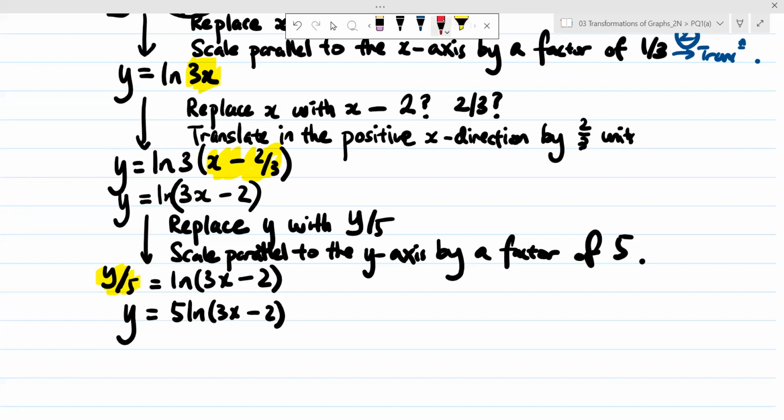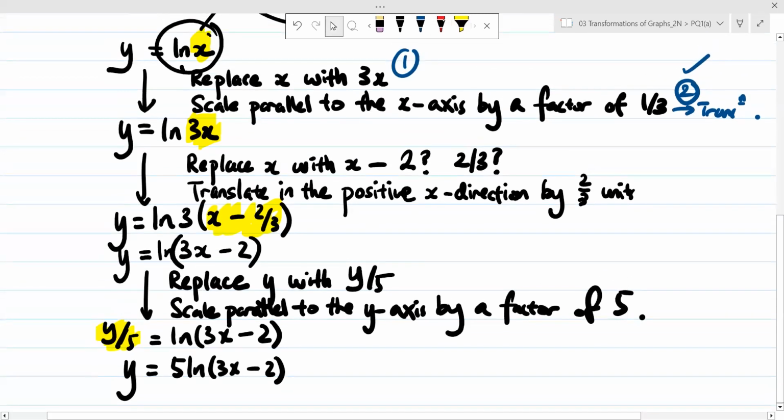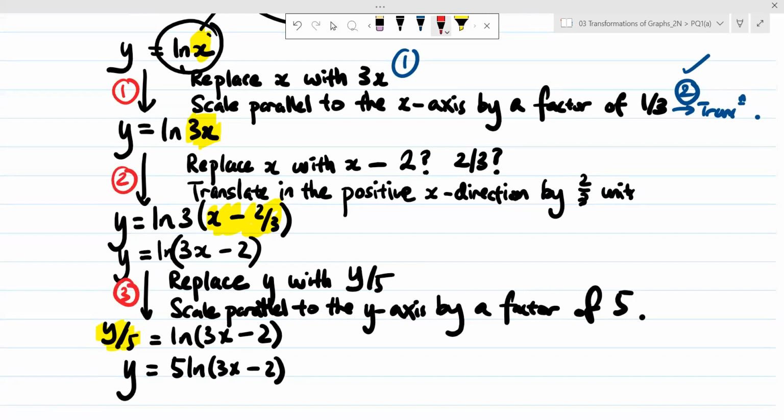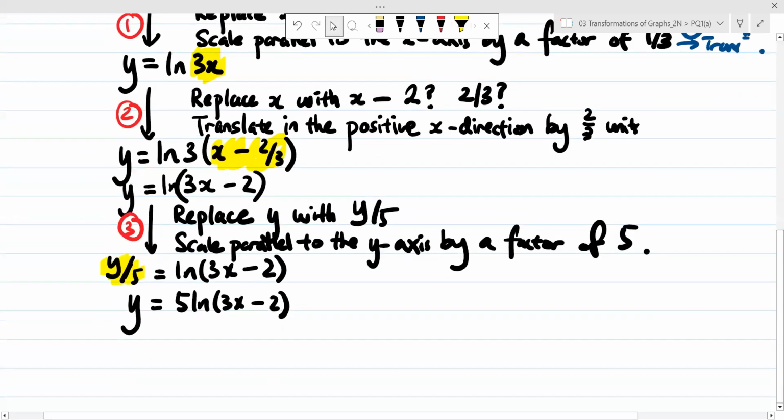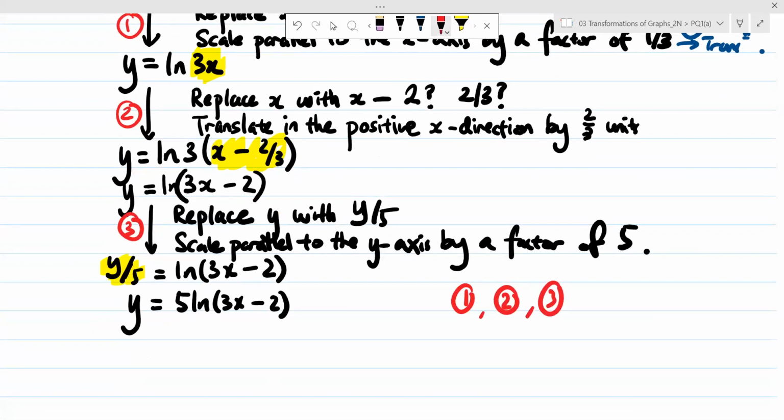Okay, now I come to my next question. There are a total of 3 steps in this transformation. What are the possible orderings in this case? So of course 1, 2, 3, 3, 1, 2. Basically the 3 can be slotted anywhere. Why? Because 3 is a